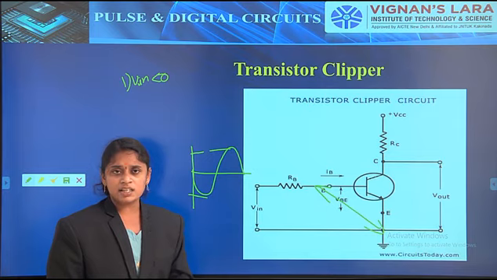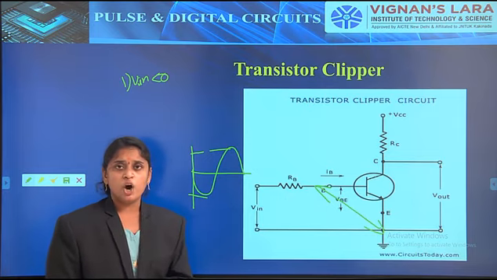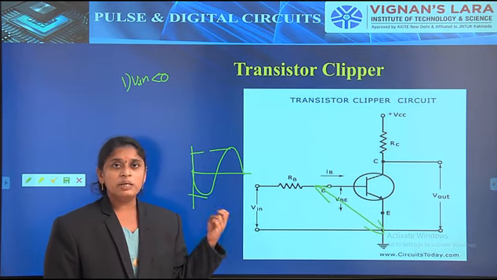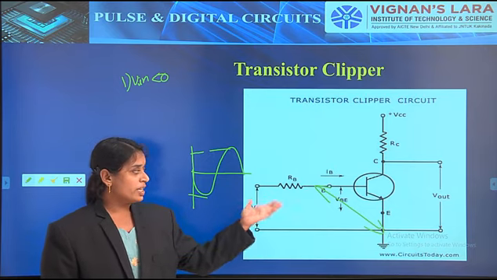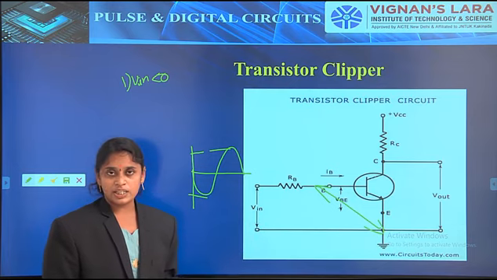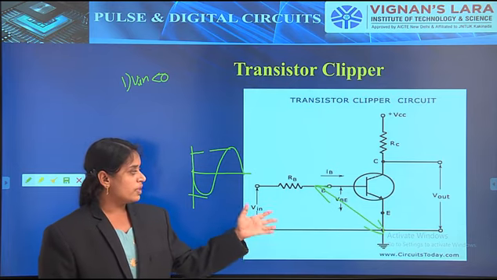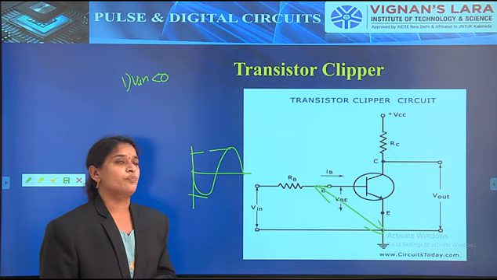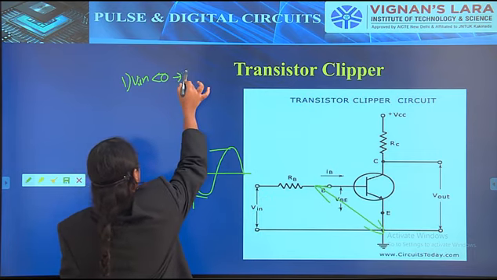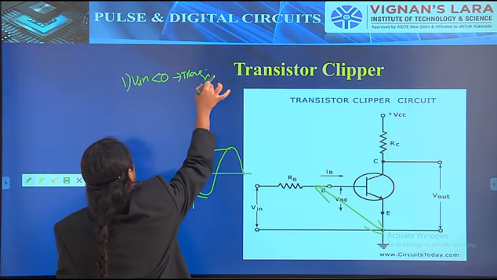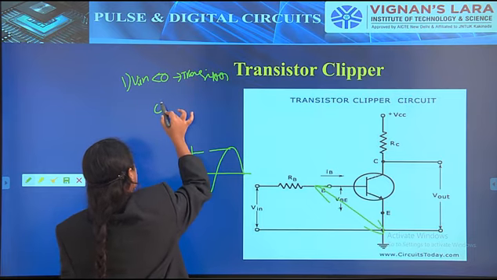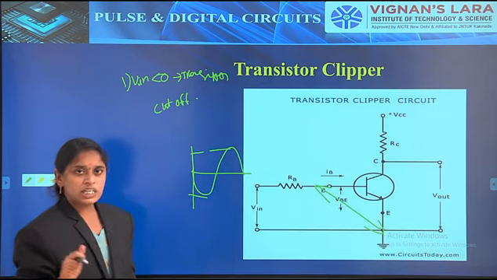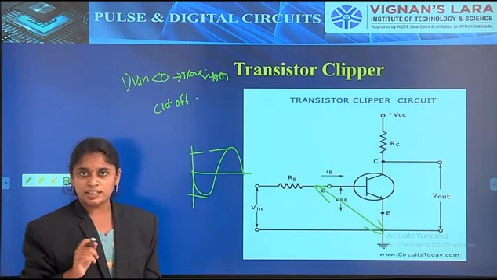Obviously the base emitter junction will be in off condition. Why? Because the on condition of the transistor is VBE equal to V gamma. It does not satisfy that condition, so VBE is equal to 0 and the transistor will be off. At this time it is in the cutoff region. So up to which condition can it be in the cutoff region? That is the major thing.